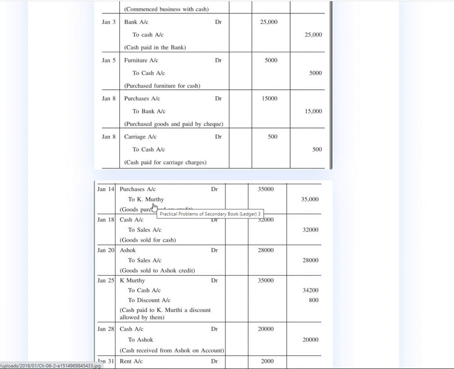Liability in the business is increasing because we have purchased goods worth rupees 35,000 from Mr. K. Murthy, which we have to pay later. So here the amount 35,000 should be debited to purchase account and 35,000 should be credited to K. Murthy, who is a creditor for our business. This is a short-term liability. We call it a current liability. Narration: being goods purchased on credit. Next, on